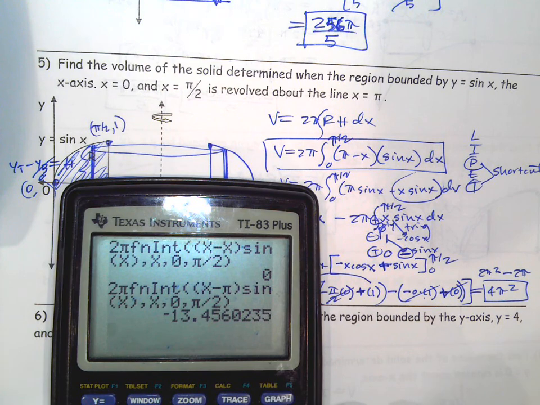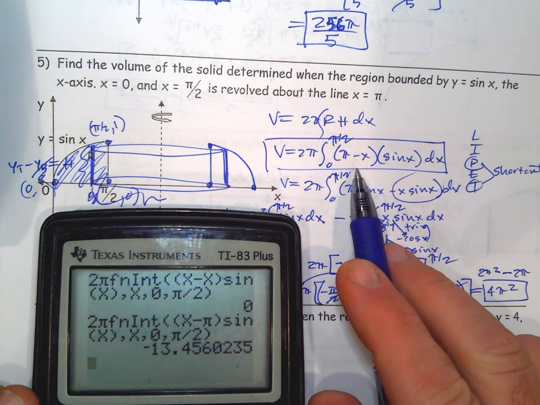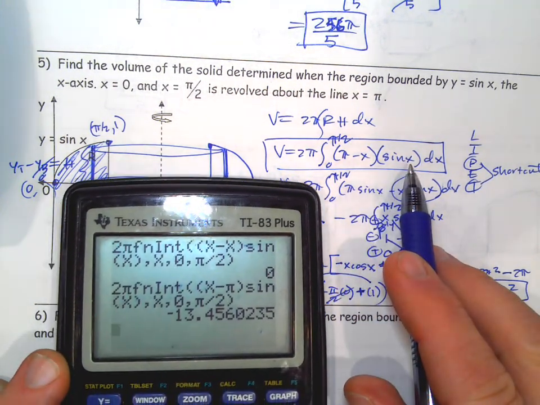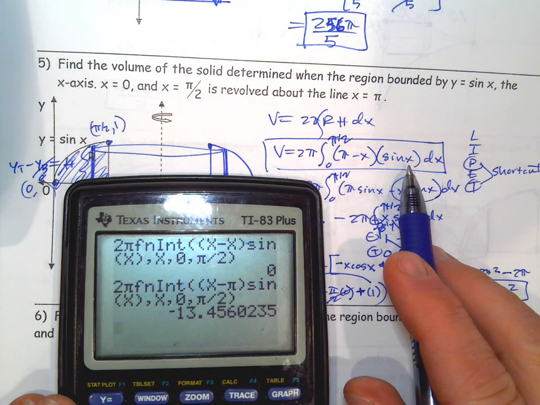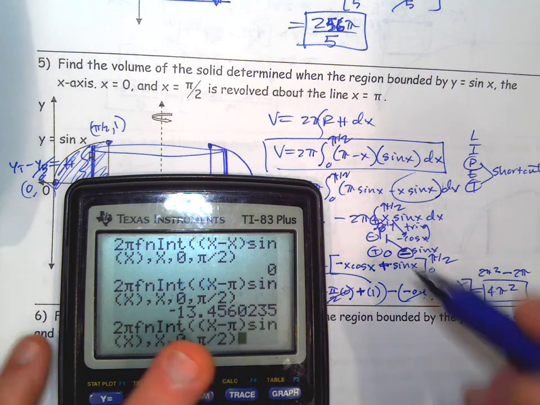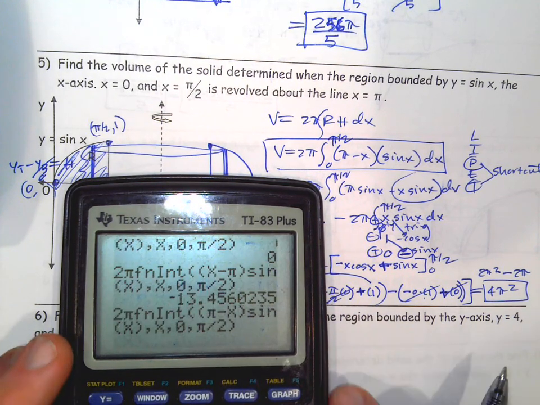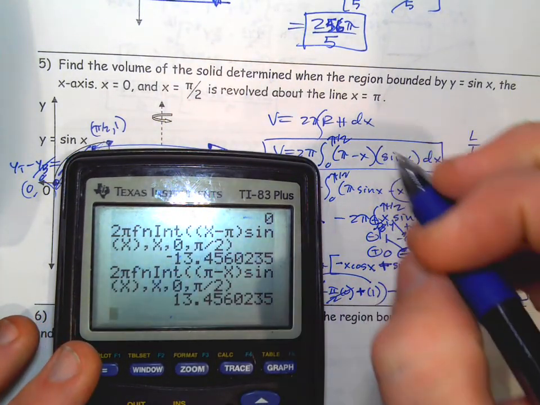So, that looks right. And, oh, this should be pi minus x. Okay, let's try it one more time. I'm just typing it wrong. So I get